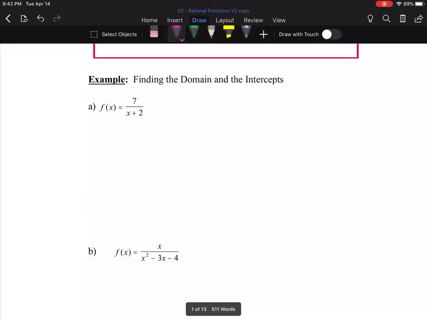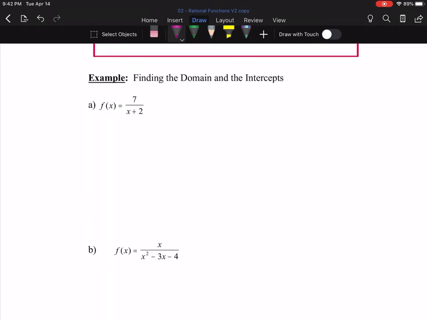This says, find the domain and the intercepts of this function. And you can actually do these things. You have the weapons to do these things. You may not know it yet. You got to see it in action. And let's talk about domain, first of all, because that's what it asked for first. Domain,